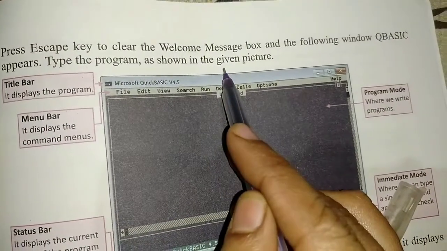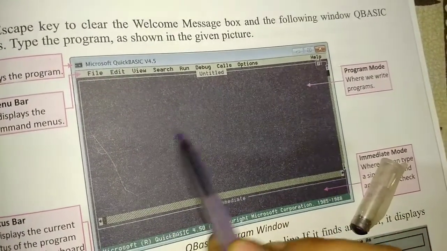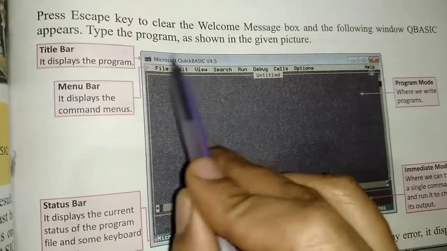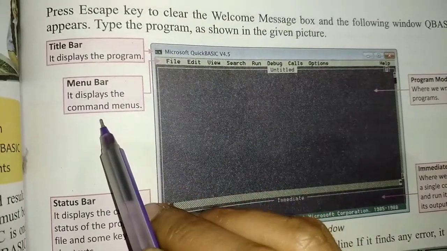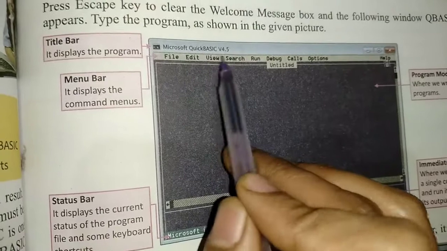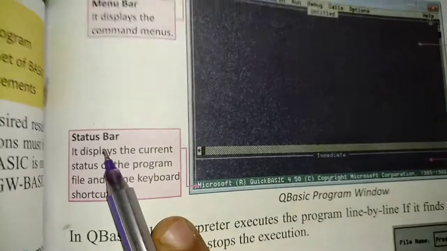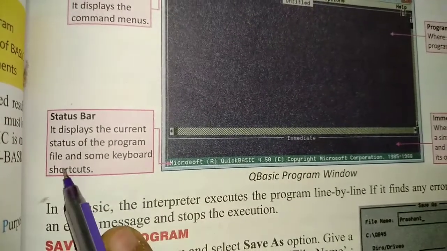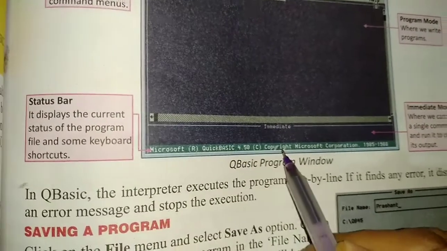Type the program as shown in the given picture. Now this is our workspace where we have to write our program. Look, the title bar means the name of the software, Microsoft QBasic version 4.5. The menu bar displays the command menus. You can see edit, file, view, search, run, debug, and other options. The status bar displays the current status of the program file and some keyboard shortcuts. You can see some keyboard shortcuts, copyright and